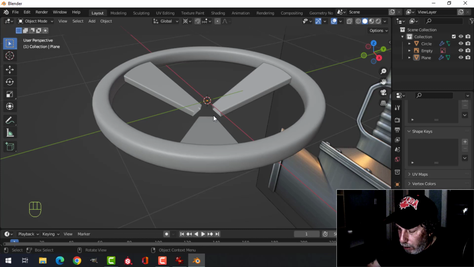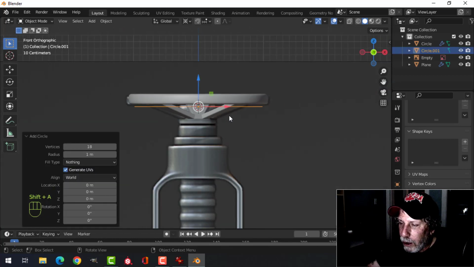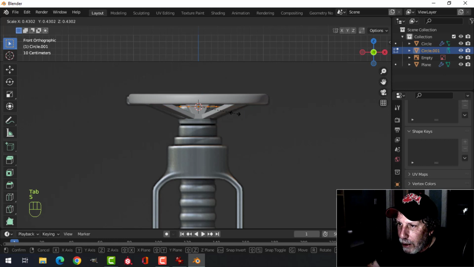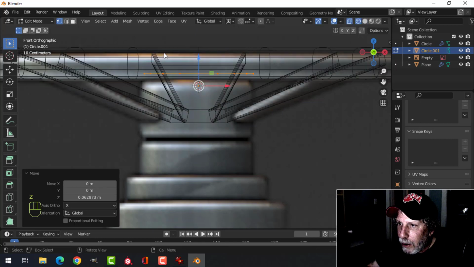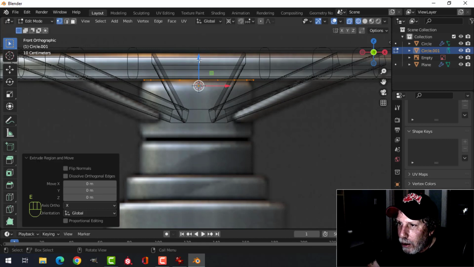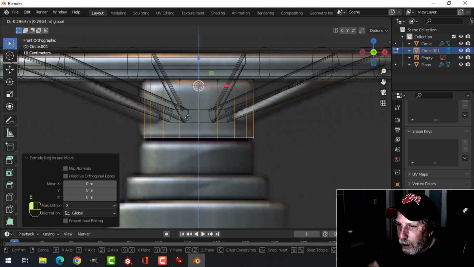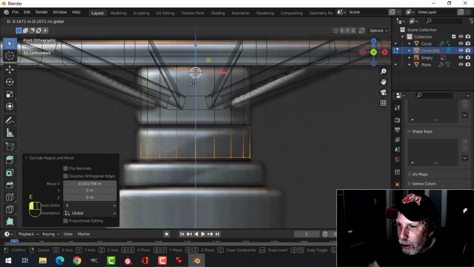All right. Okay, so Shift A, mesh, circle. We could go for 18 again. I'll scale it down, and I'm going to get this middle piece here. So let's see what we can do about that. Sort of like that. I'm going to have it, let's see, it is around there, actually. I'm going to hit E to extrude, and I'm going to come down to there, and then I'll extrude again, and that'll give me an edge loop right there in